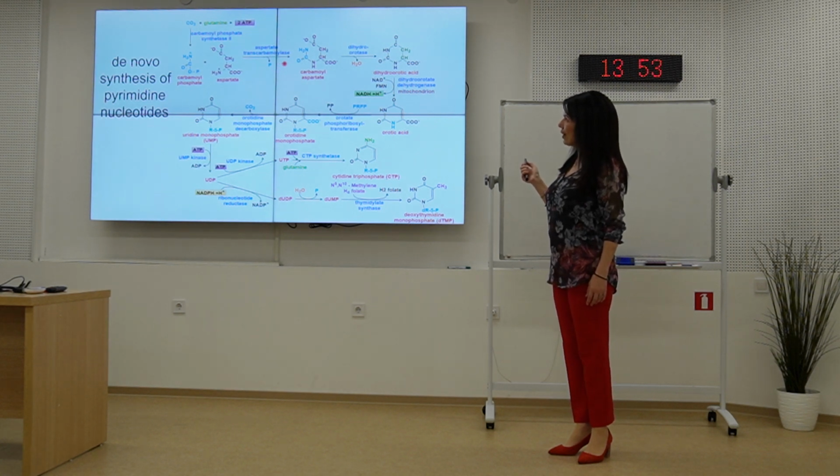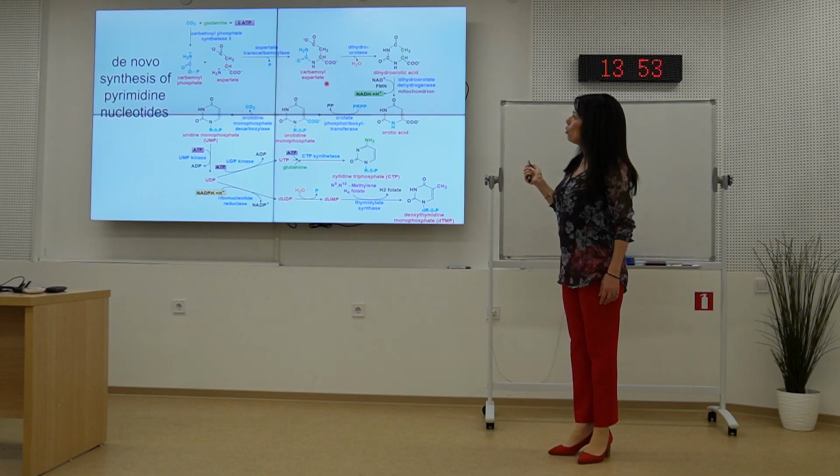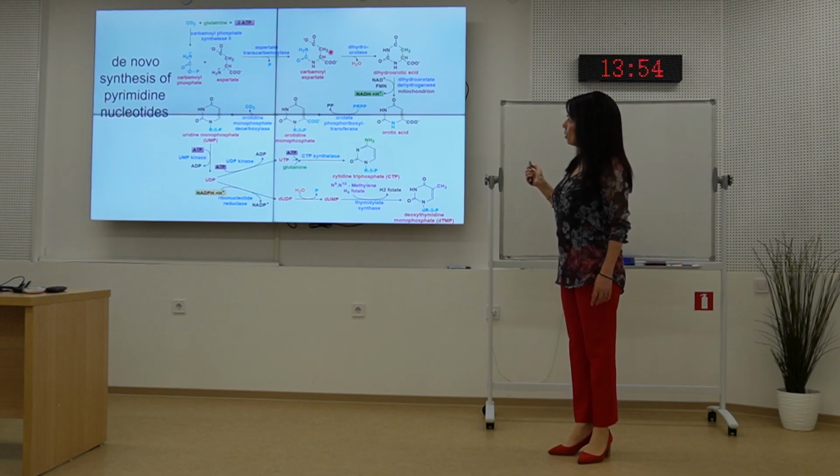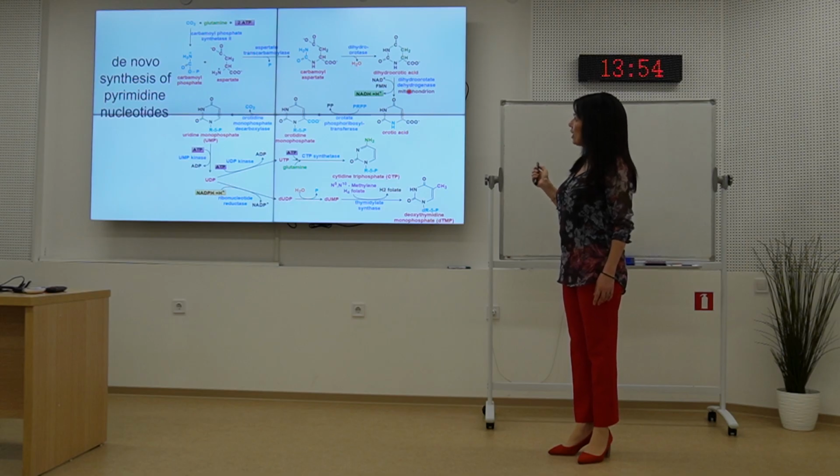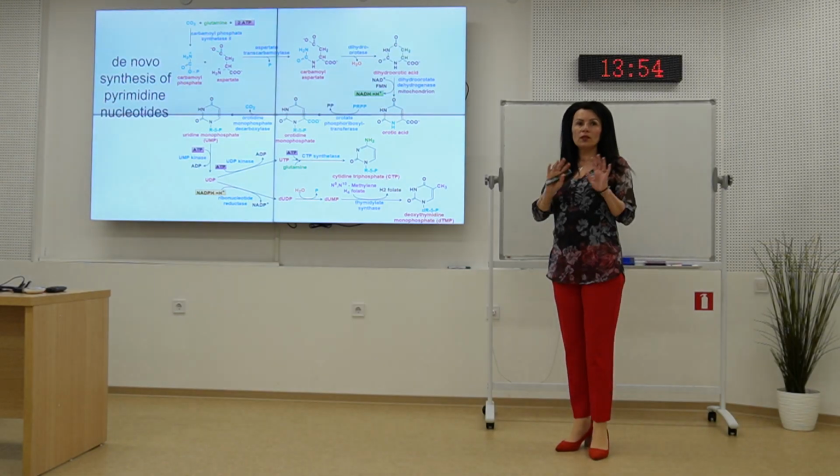Aspartate transcarbamylase is the enzyme to form carbamoyl aspartate. The blue part comes from carbamoyl phosphate. This part, the red one, comes from aspartate. After that, dehydration and closing the ring. The base